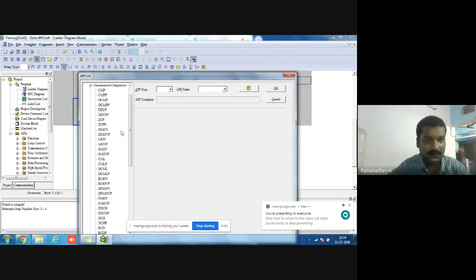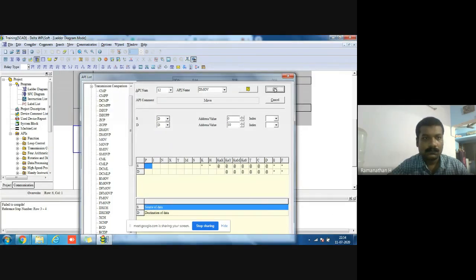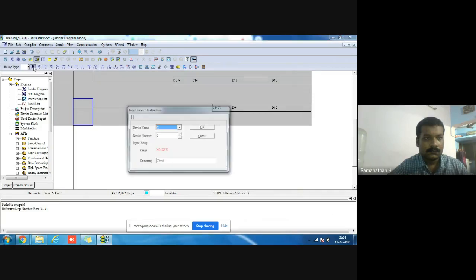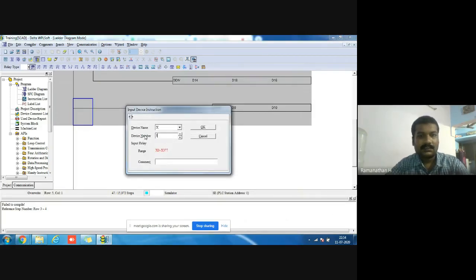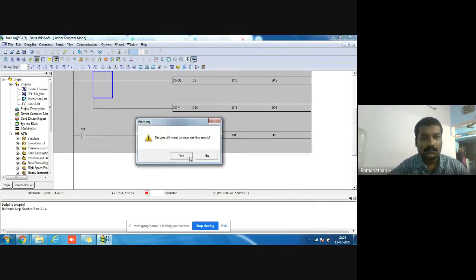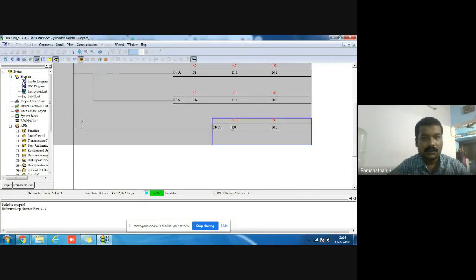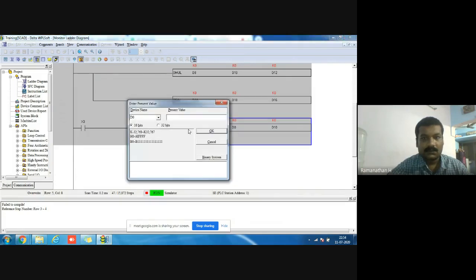Let's choose the demo here. Select as XP. Go for online mode. Compare and go for online mode. Here now, moving sections.